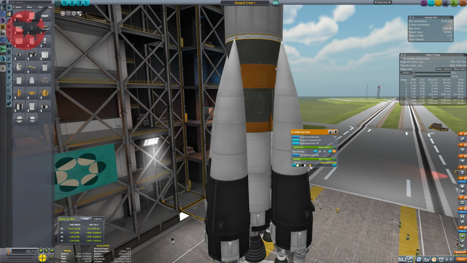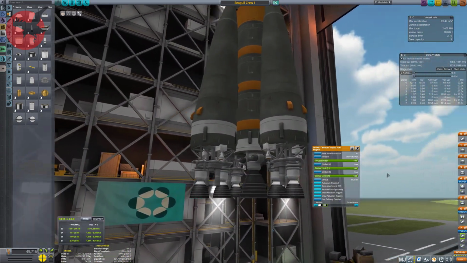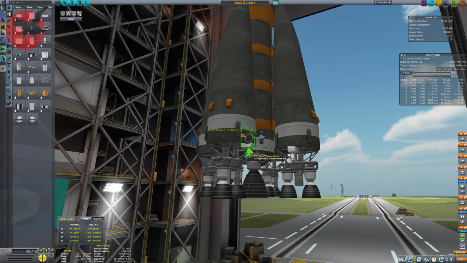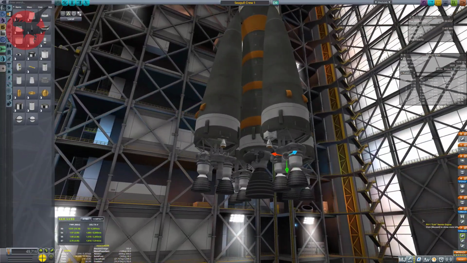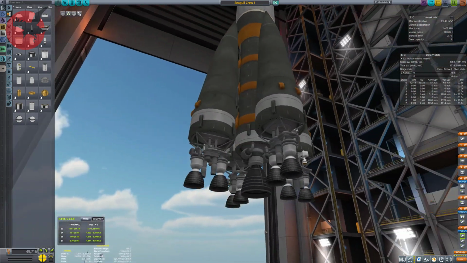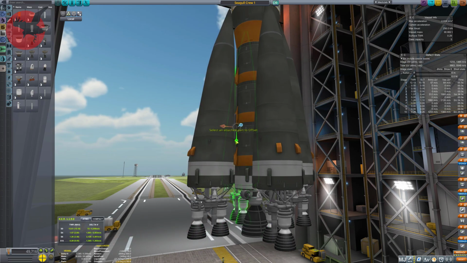Let's see if we can't color this. Yeah, because it's gonna look weird. Okay, if they gonna go like that, maybe we should pull these up like that. What? Why is some of the engines missing? I should probably be a little lower. Not that it really matters, but...